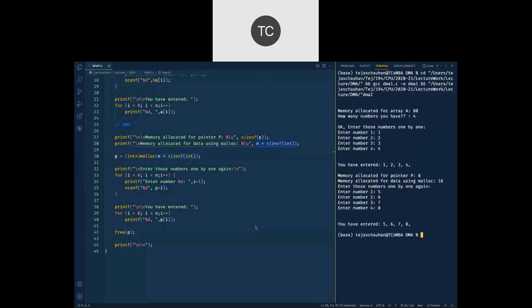Okay. So that's all for today. We will stop here. It's time now. We have started with a basic understanding of dynamic memory allocation and why we require it. And then we have looked at one function, malloc, and the other one, free, today. So we'll stop here. Tomorrow, we are going to again revise this memory allocation portion. And then we will have a look at calloc and realloc functions.